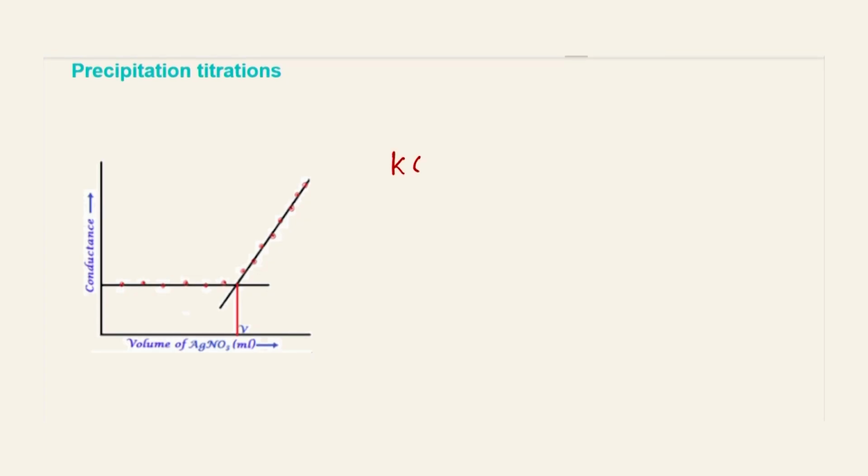So, in this case again we can do it in a conductometric way, where we take the precipitation of potassium chloride, which contains a chloride ion, with silver nitrate, which is added from the burette, and you will be getting the product as potassium nitrate and silver chloride. Now, silver chloride, you know, it is a solid, it gets precipitated as a white curdy precipitate, which you will be doing in chloride